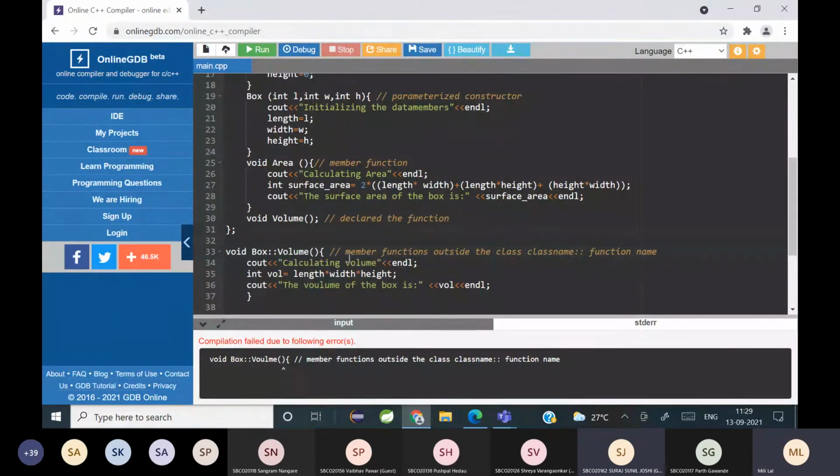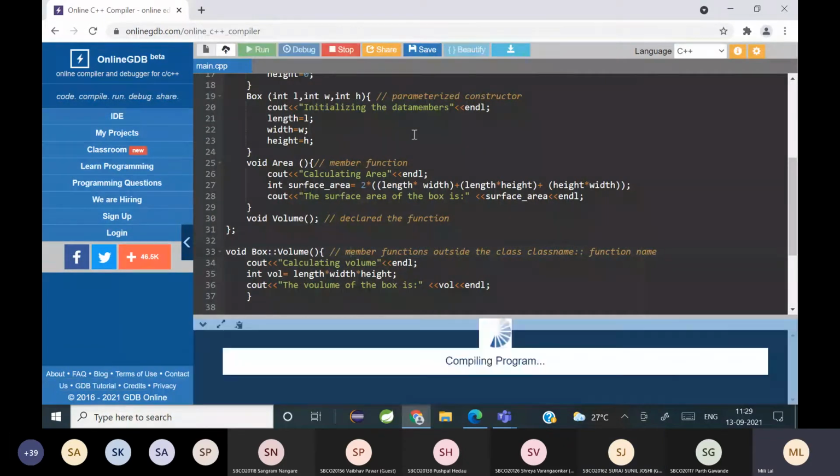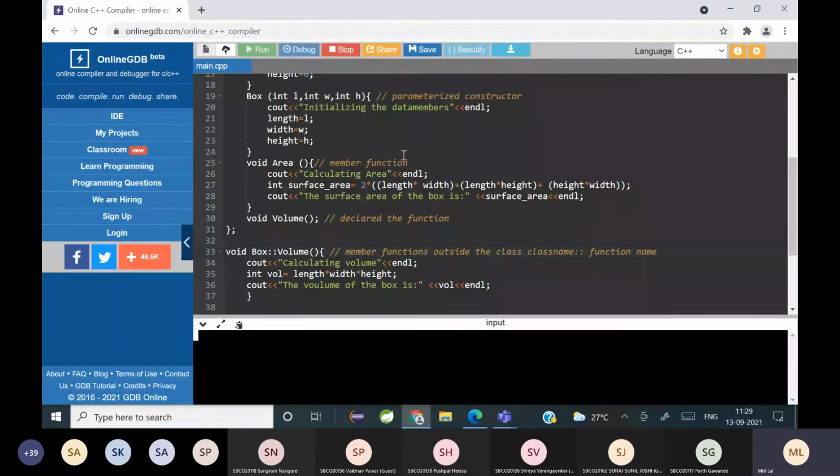Thank you. Fine. When you have multiple functions, right now in this code there are only 2 functions, and you can see just 4 to 5 lines in each function. So you can write the entire body of the function inside the class, and it's called an inline function.